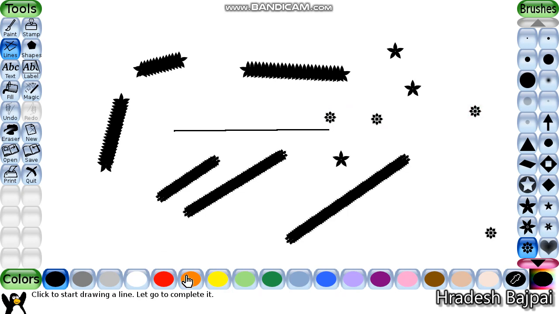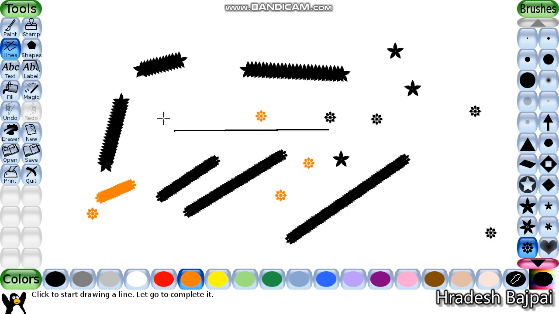From this colors palette you can change the color of the pattern. This palette where you can see the colors is called the colors palette. And this is our help area. It says, click to start drawing a line, it gives you instruction.